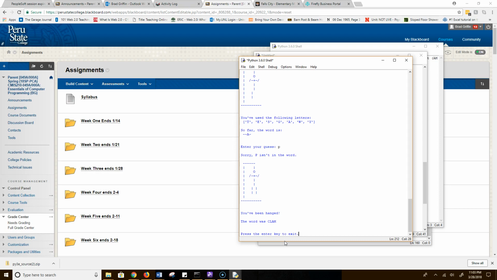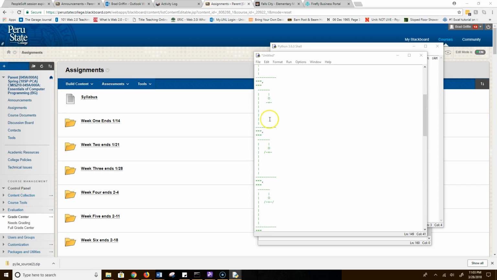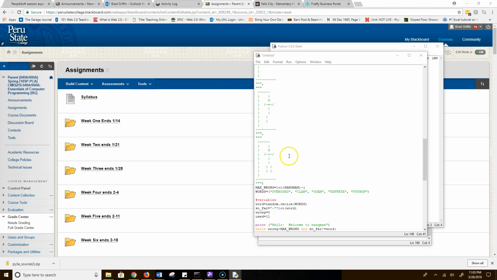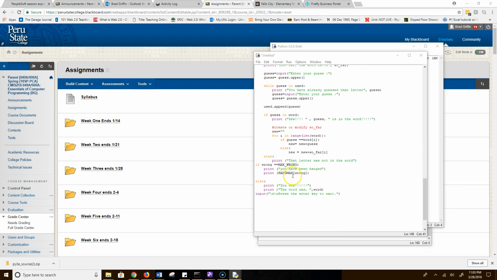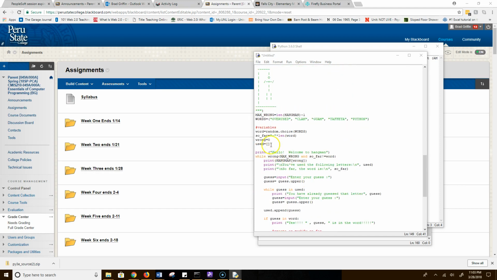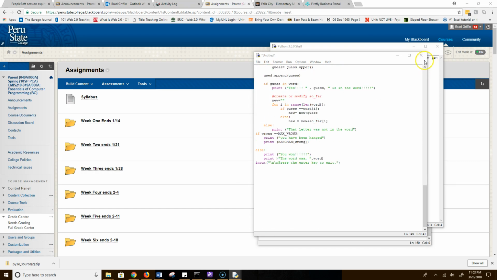All right, so fun little game. Not too hard to create. The biggest part of this game in terms of coding is actually that ASCII art, and I would just grab that to look at it. We can create our own, but it's easier in this case to just use what's already existing. So the code itself, really only a couple of loops, so make sure you've studied it, make sure you know how this works. So your assignment this week,